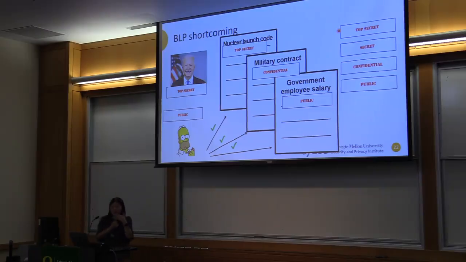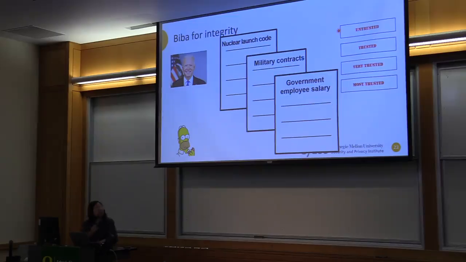So what's the problem here? Why does this BLP model not quite work? Something intuitively seems wrong. What's the problem here? There's a piece of integrity. Yeah, so BLP is about secrecy, right? So what we're worried about is integrity, right? This is someone we don't trust. Now they're writing the message, while our file is supposed to come from trusted sources. This is really bad, right? So therefore, in the follow-up paper two years later, they introduced a model called the Biba model.